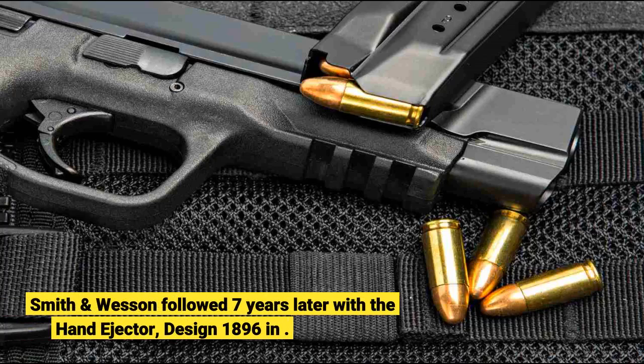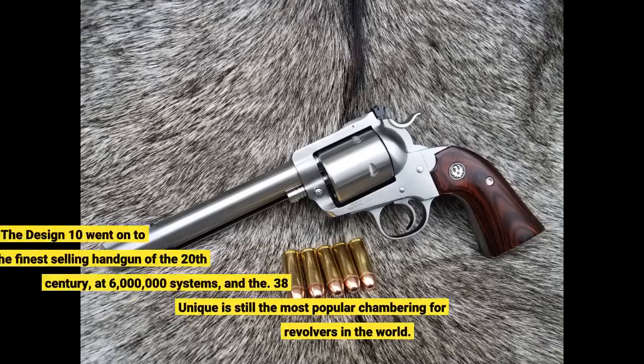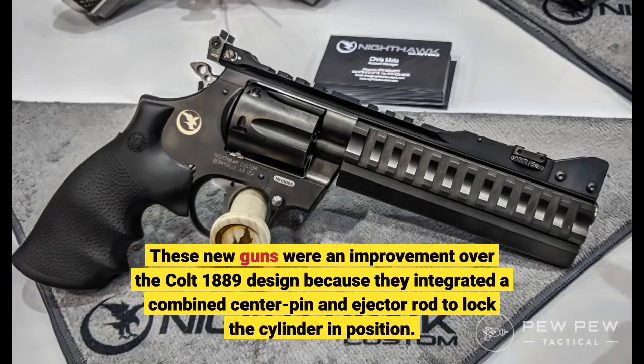Smith & Wesson followed 7 years later with the hand injector, design 1896 in .38 special cartridge. The design 10 went on to become the finest-selling handgun of the 20th century, at 6,000,000 systems, and the .38 Unique is still the most popular chambering for revolvers in the world. These new guns were an improvement over the Colt 1889 design because they integrated a combined center pin and ejector rod to lock the cylinder in